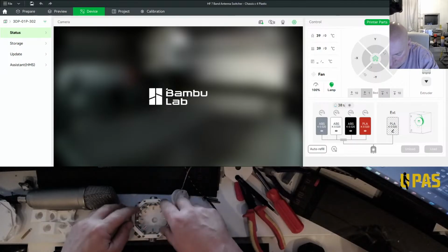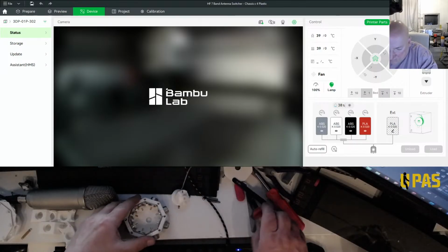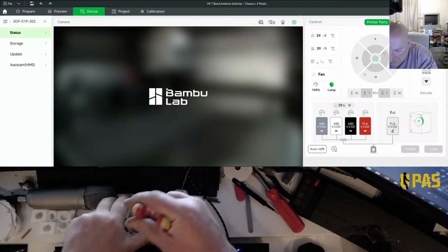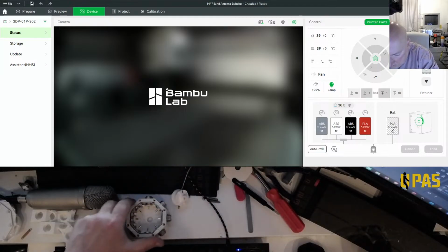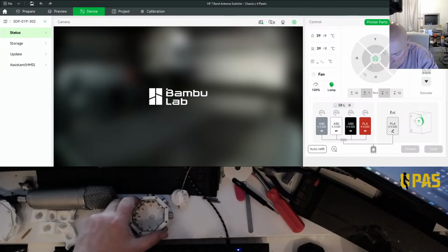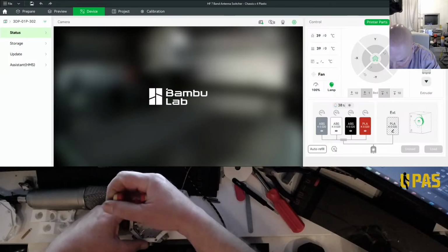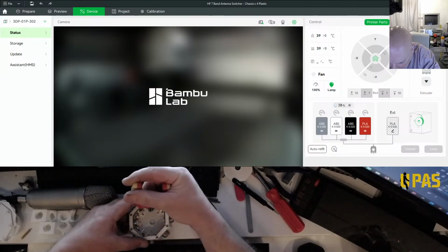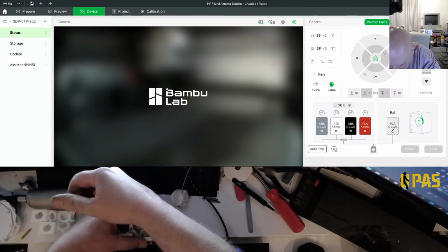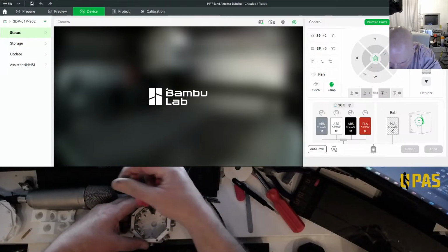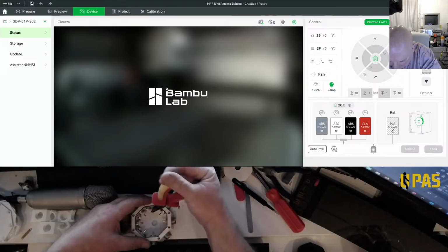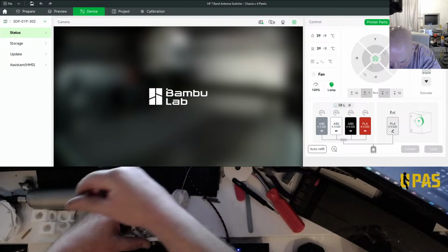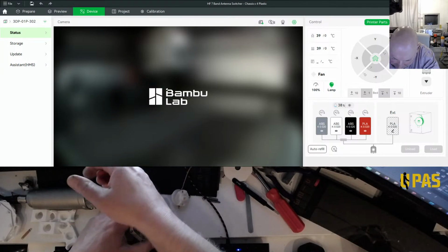I'm going to have to twist. Yeah, I'm going to have to twist it round so I can solder it. So I need to come in on a flat one. So I'm temporarily going to twist it round so I can get to the cup side of it. Then I'm going to have to twist it back again after. This is not easy.